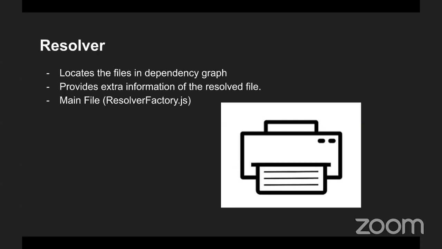So there is something called a resolver as a tappable instance, and what this resolver does is it provides meta to every node in the dependency graph, to every file: where the file is located, what the name of the file is, what the size of the file is, and what the absolute path of the file is. Without this meta, it's very difficult for Webpack to load the files and create the bundles. So the resolver does the work of loading the files. It locates the files. It tells if the file exists or not. If it does not exist, your Webpack throws an error. But if it exists, your Webpack continues with the dependency graph resolver.